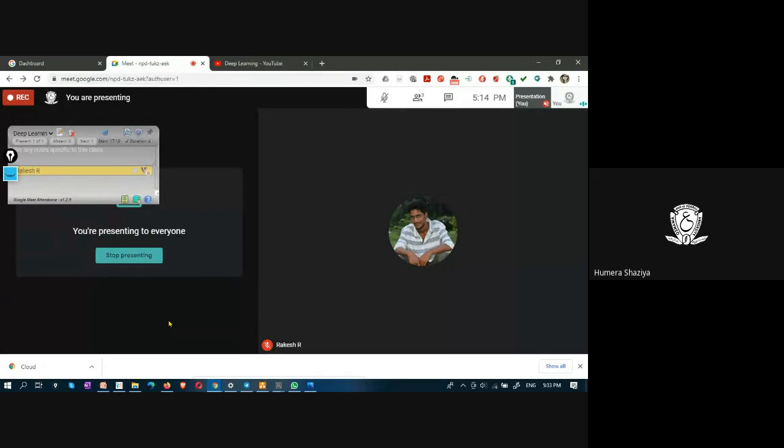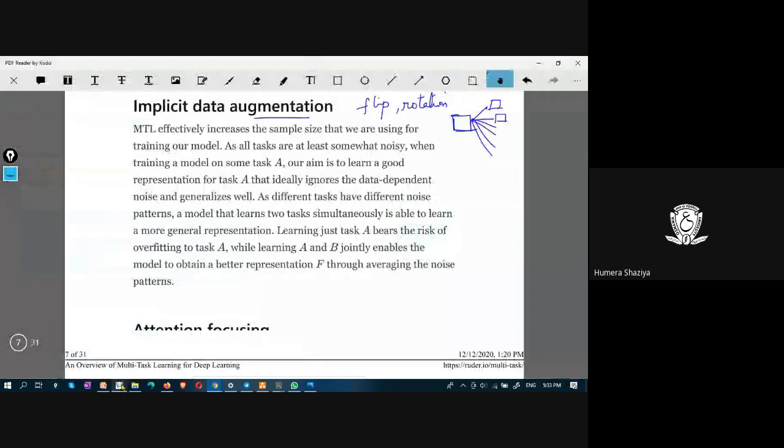Okay, so here we are learning augmentation, flip, rotation.